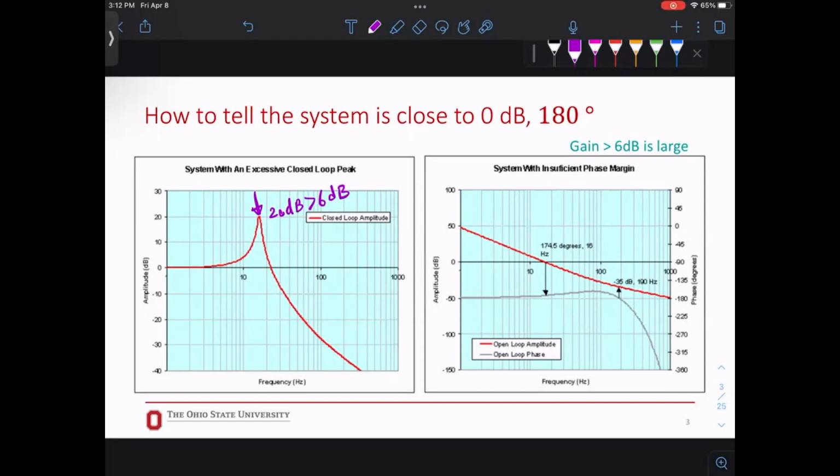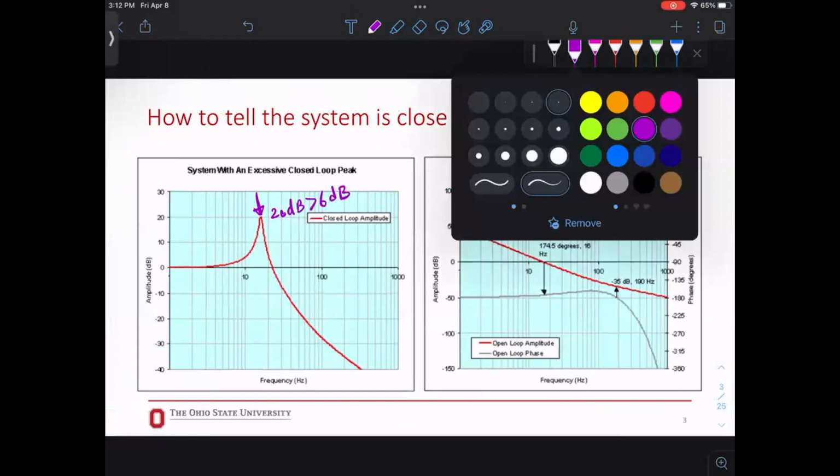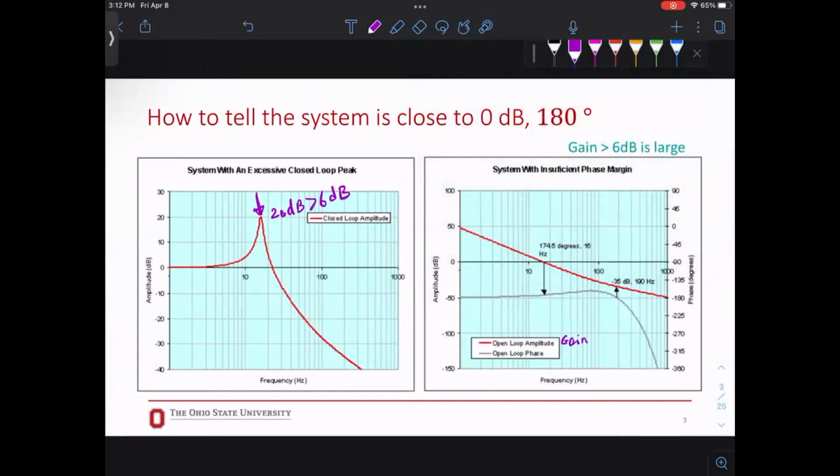The problem comes from the phase plot, so if you look at the plot on the right, my right, your right also. If we look at the open loop system, this red line is the open loop amplitude out, which is our gain. This is the gain, and this is the phase, right? So the gain is here, in dB, and this is the phase. All right, now let's look at those 0 dB. So this is 0 dB,